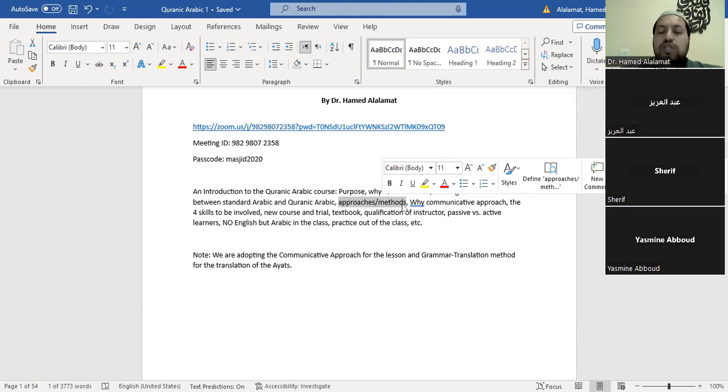The oldest approach of teaching languages is called the grammar translation method. From the name, you can expect that there is a lot of focus on grammar and also on translation. So, for example, you have two lists, English and Arabic, and the student is supposed to memorize the English that is equivalent to the Arabic. This is the oldest approach, and it was used for centuries in Europe to teach people Latin and Greek books,